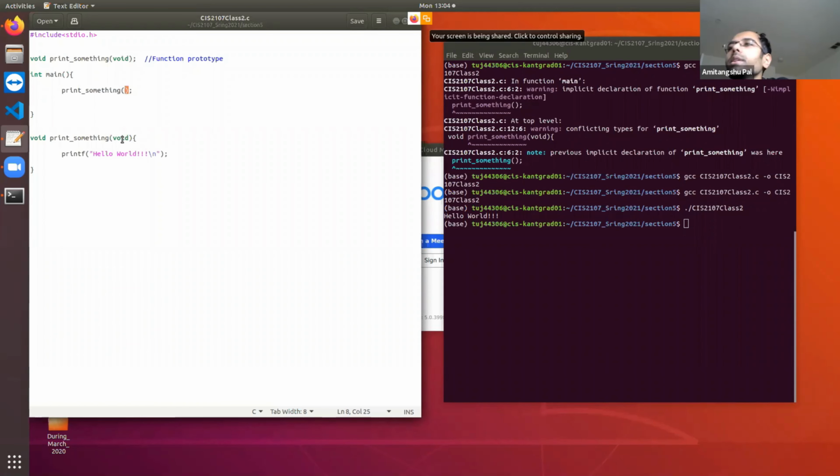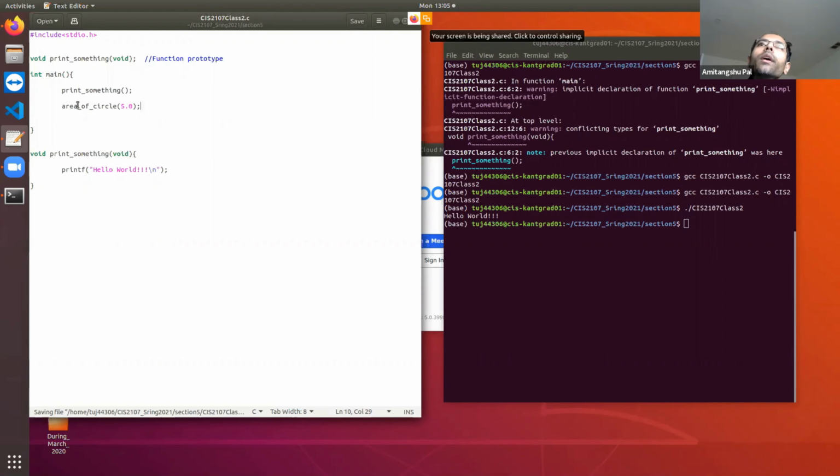So let's take a function that is taking some argument. Suppose I want to write a function that is going to calculate the area of a circle. Now to calculate the area of a circle, you need a radius. So let's write a function area of circle that is going to pass the radius. Instead of passing void, it is going to pass the radius, say 5.0.